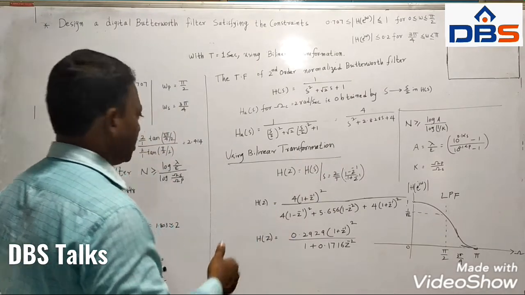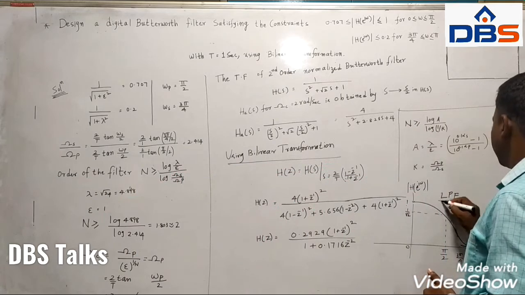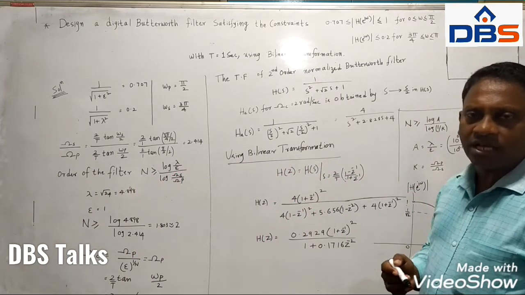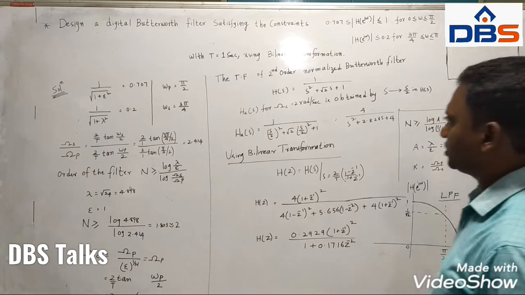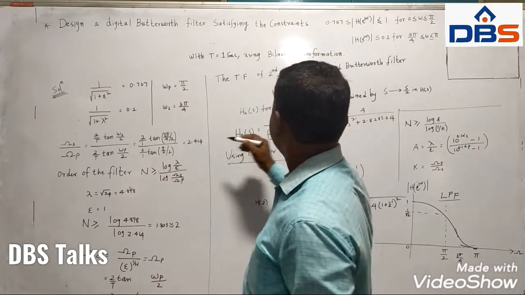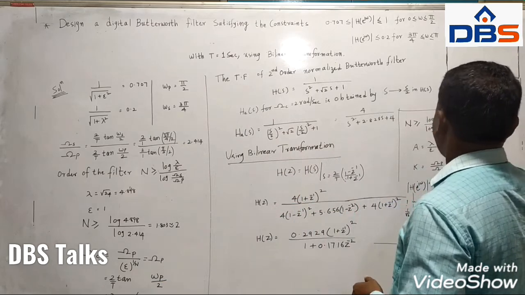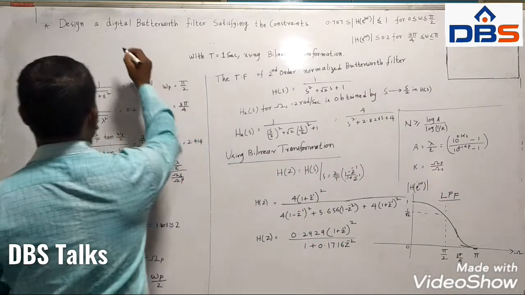Now coming to the specifications, we have to identify what type of filter it is, either a low pass filter, a high pass filter or any other filter. You can understand that from the given specifications. Now, if you remember the characteristics of the Butterworth filter, the Butterworth low pass filter,